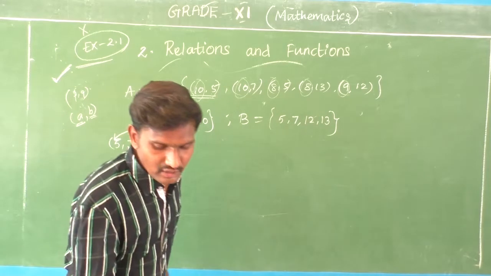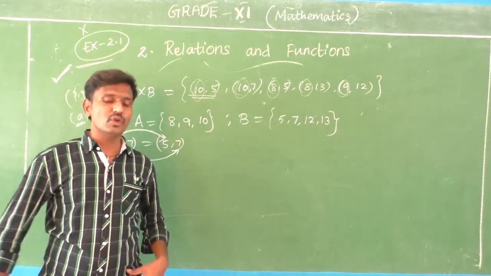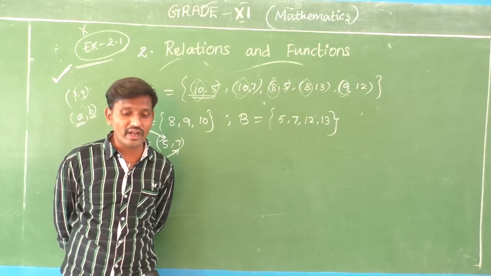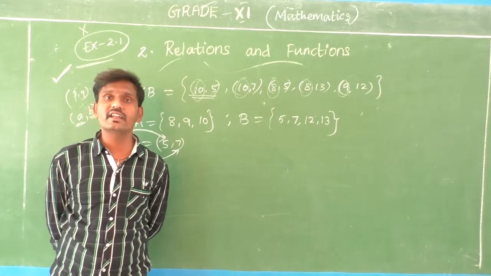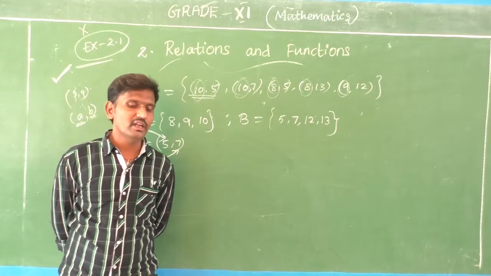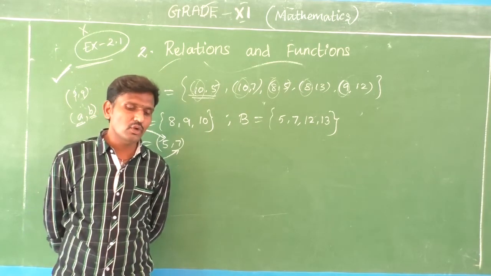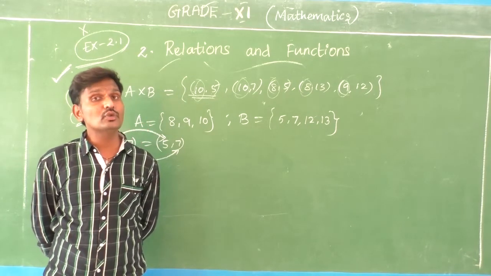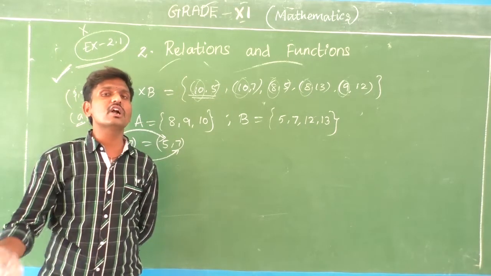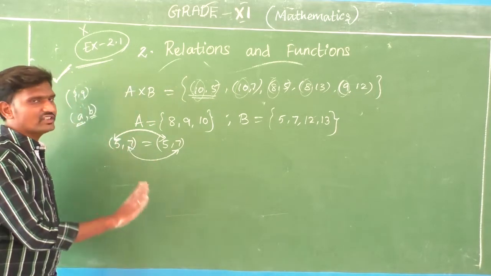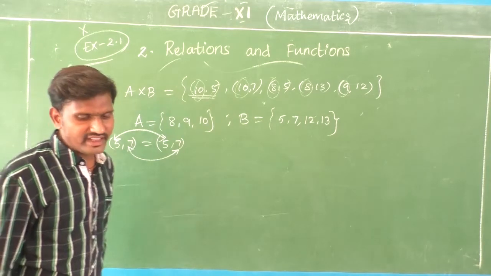Listen to your example 1. If (x + 1, y - 2) is equal to (3, 1), find the values of x and y. Now we have to equate the corresponding elements. So x + 1 = 3 and y - 2 = 1, and we solve the two equations to get x and y. Have you got it? So I think this is enough for you.